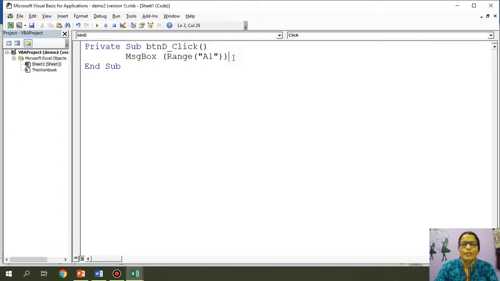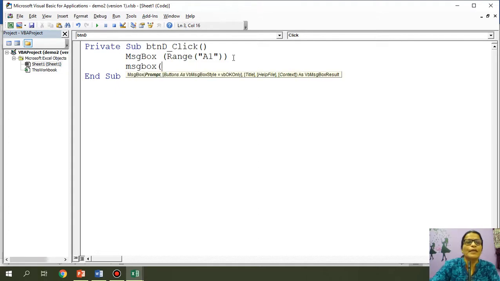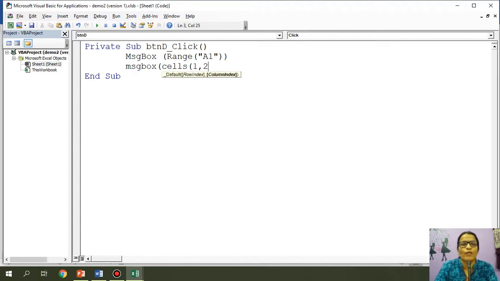Suppose I want to display using cells. So first of course I will say message box so that it displays, and then cells in brackets. Now I want first row second column. So first number stands for row number and second is column number. Close the bracket. One more bracket you have to close.